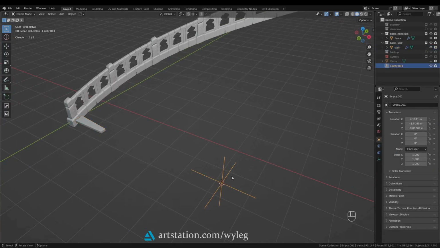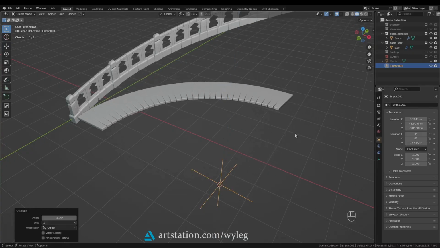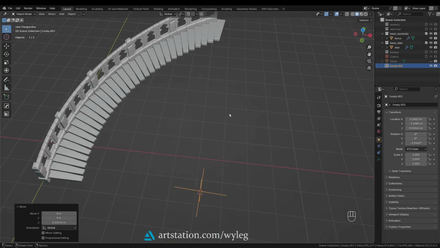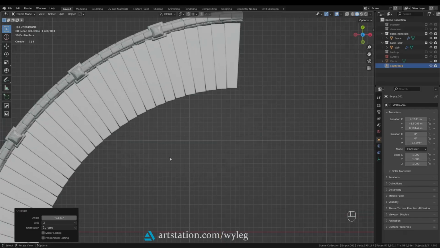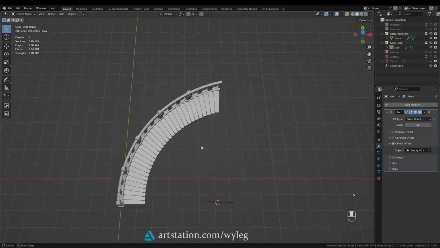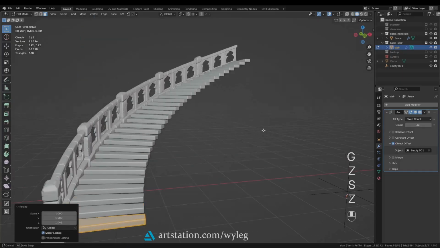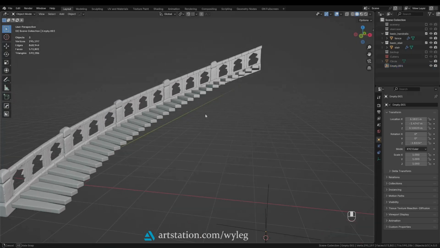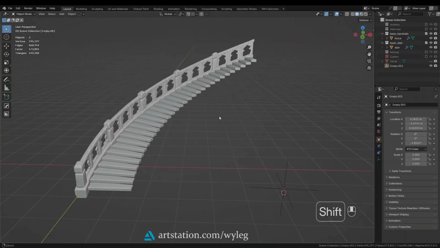Now set like 32 and then rotate and move it vertically. Once again, this setup is non-destructive, so we can adjust anything we want as we need it to. And like so, the stairs are done.